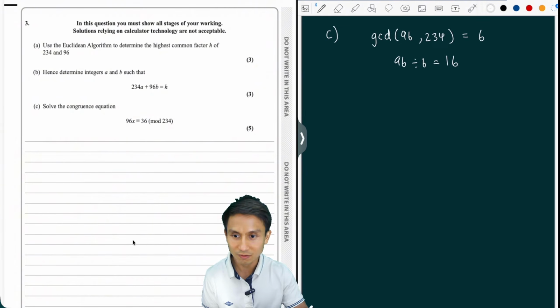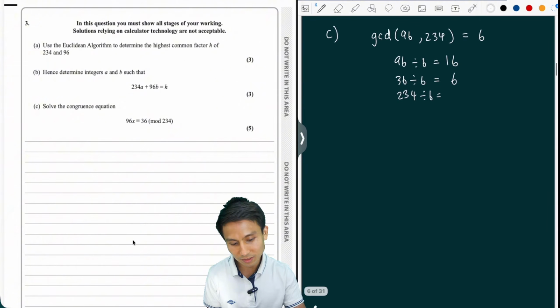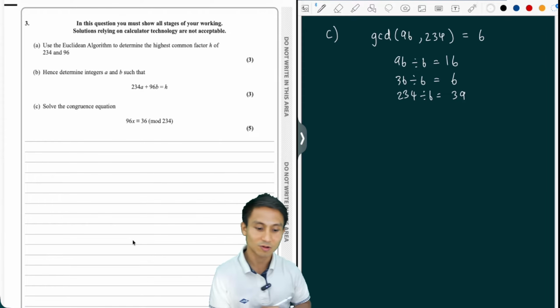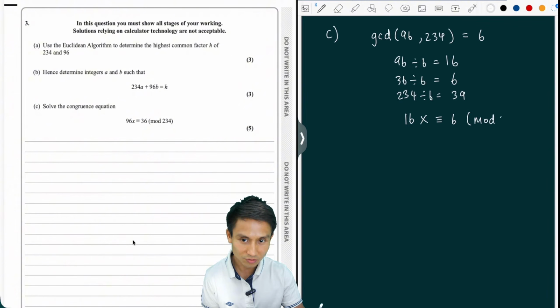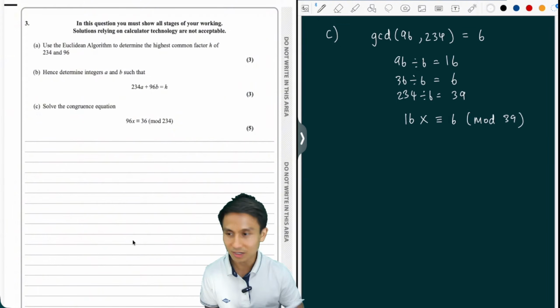So we get 16 for 96. 36 divided by 6, we get 6. And the modulo there, 234 divided by 6, we get 39. All right, so the congruence equation becomes 16x equivalent to 6 modulo 39. We have to divide the modulo as well, so we get 39. All right,